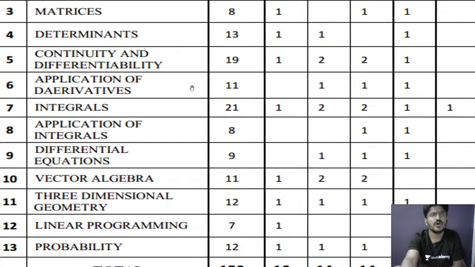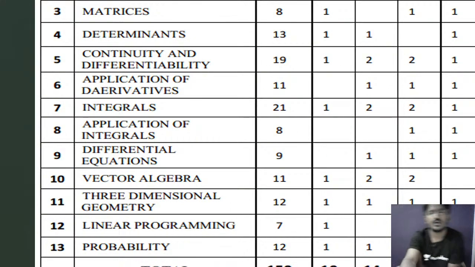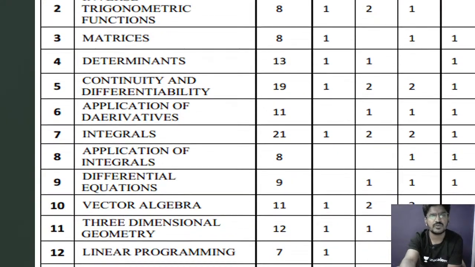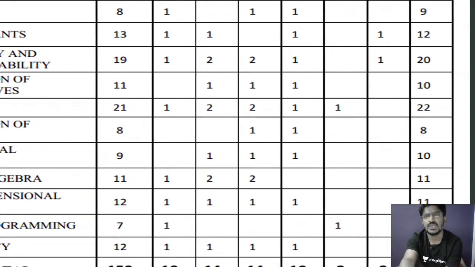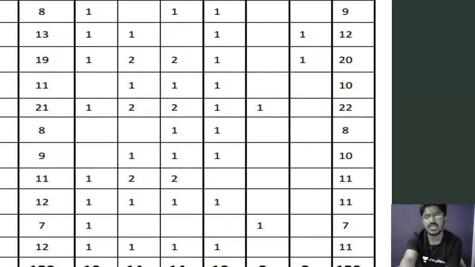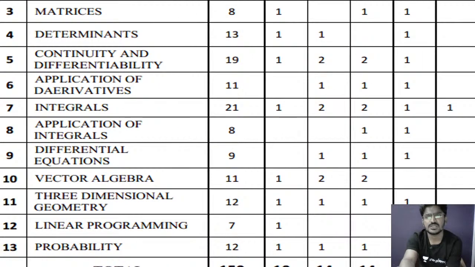Now after determinants we shall go for continuity and differentiability. In this continuity and differentiability, you can see you have nearly 20 marks. There you can see 1 mark 1 question, 1 mark 1 question